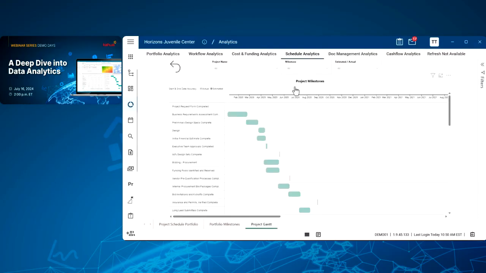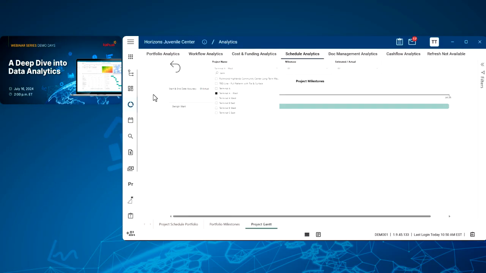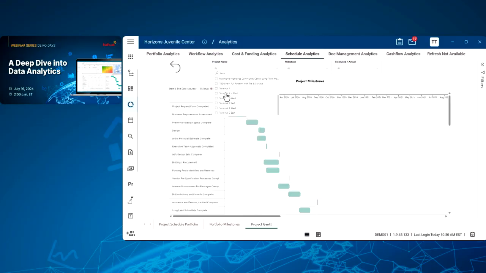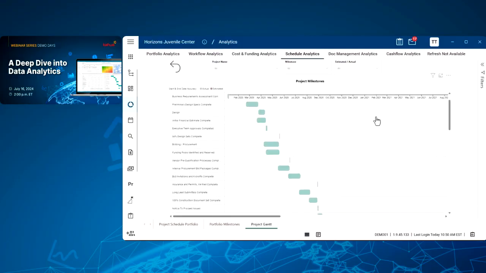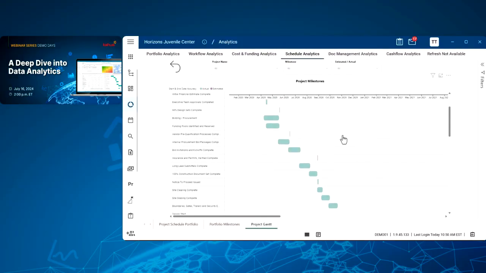In here is simply, instead of grouping it by project, I just want to see all milestones across all projects. This one's really built to be able to select a particular project and see its details on one screen. So just a quick way to be able to view all project milestones, filter and not see the project details in there, pick the project and drill through to those. So again,